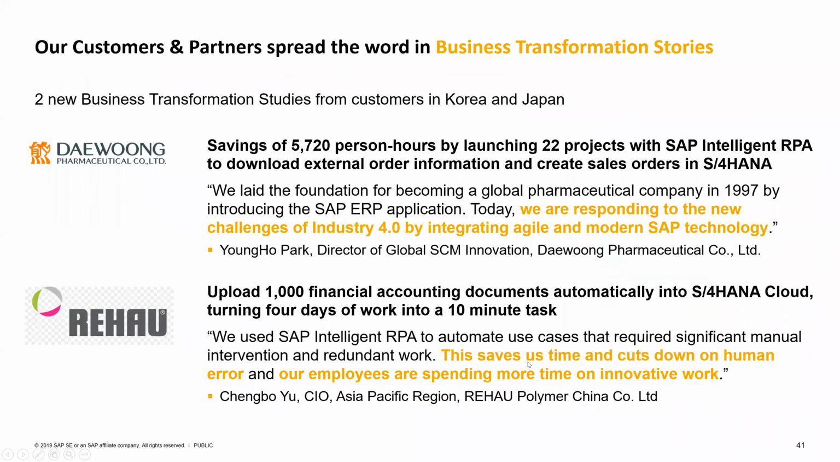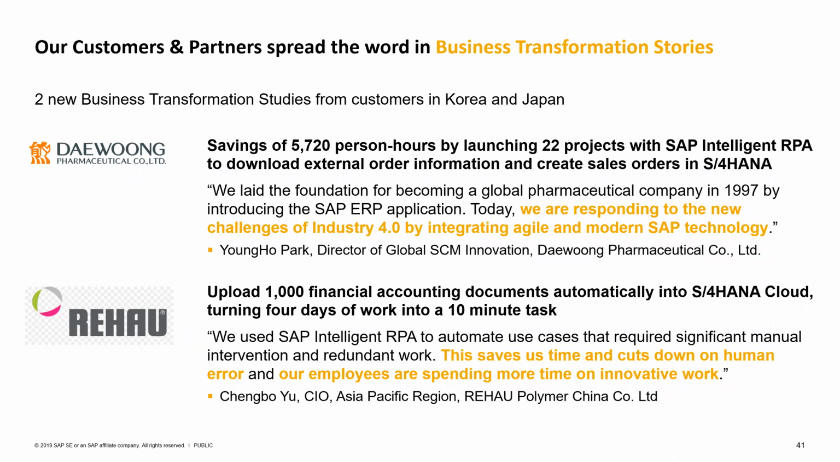And last but not least, we also have to tell the market about some success stories from our customers. In the last week, we had two new business transformation studies presenting projects made by customers in Korea and Japan. The first one is Daewon Pharma. They saved more than 5,000 hours of work with 22 intelligent RPA robots to create sales orders in their S4HANA